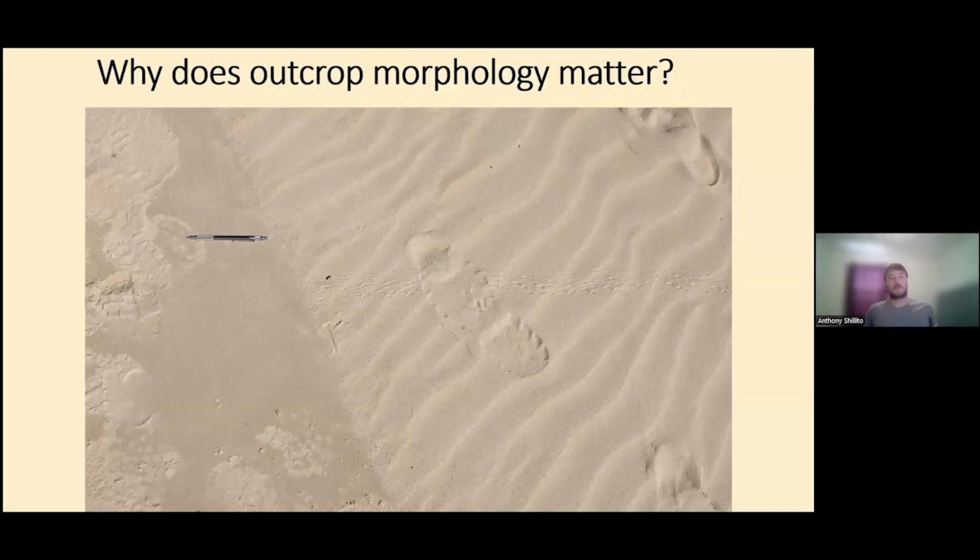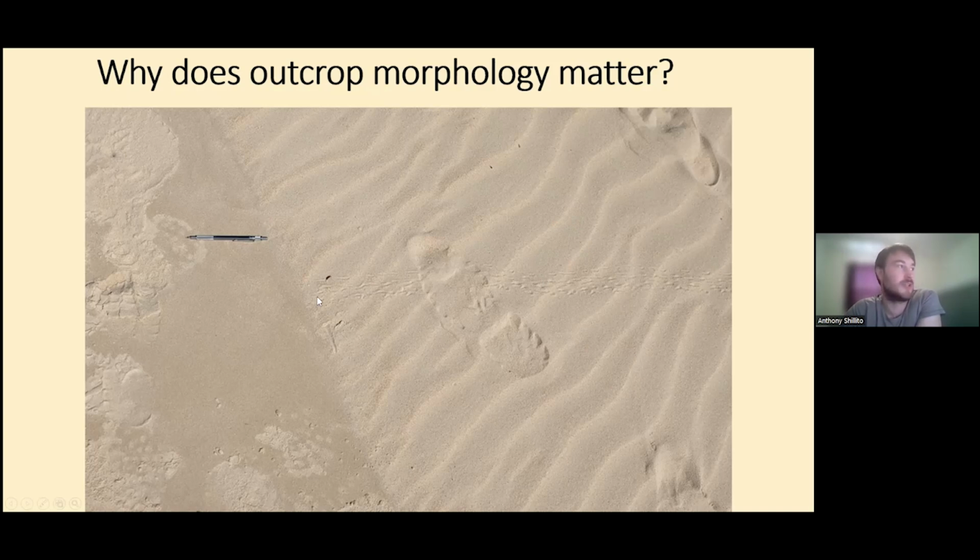So for the last part of the talk, because I realize I have waffled a little too long on some subjects, I want to talk about why outcrop morphology is important. And you'll see how this relates to everything I've said so far, because I'm going to keep harping on about lateral variability within environments. And you can see an example of that here from a modern beach. This photo was actually taken on the inter-conference field trip at ICNIA last year,